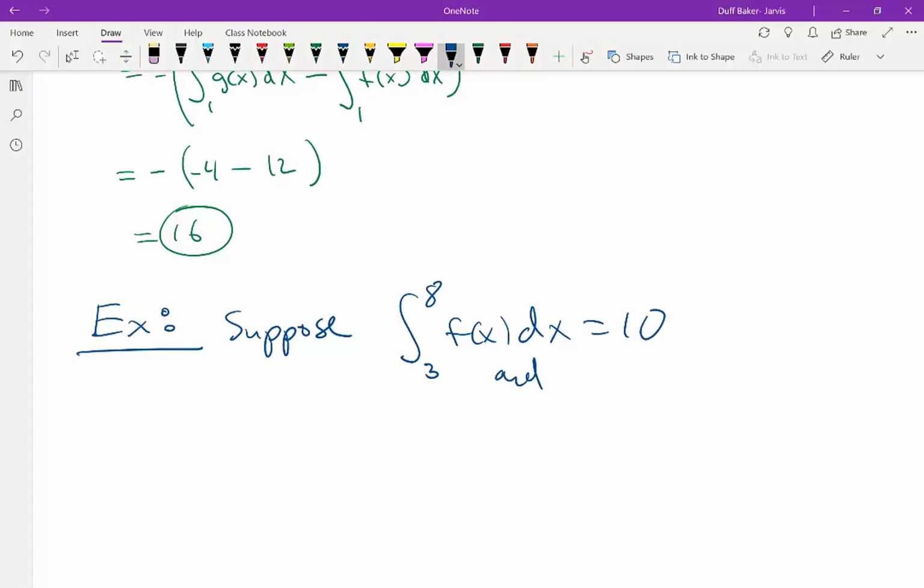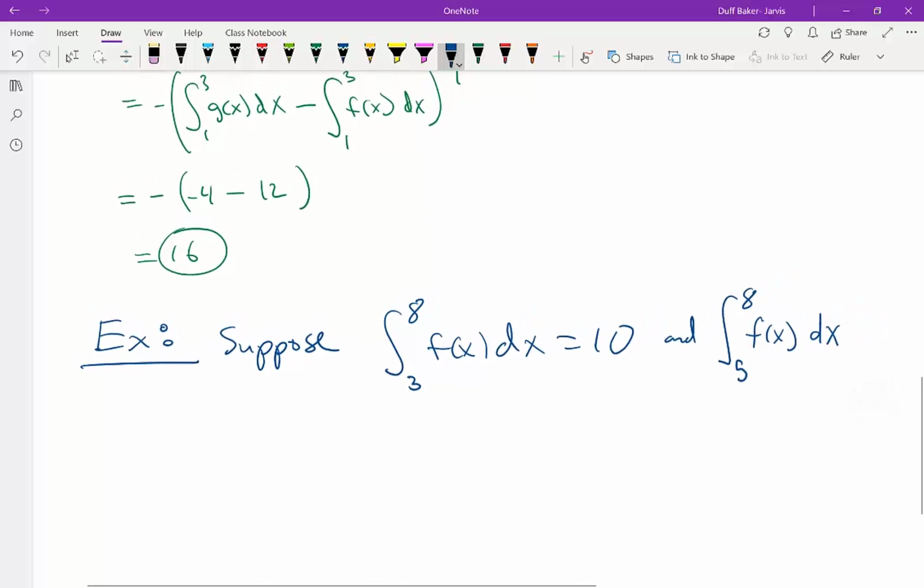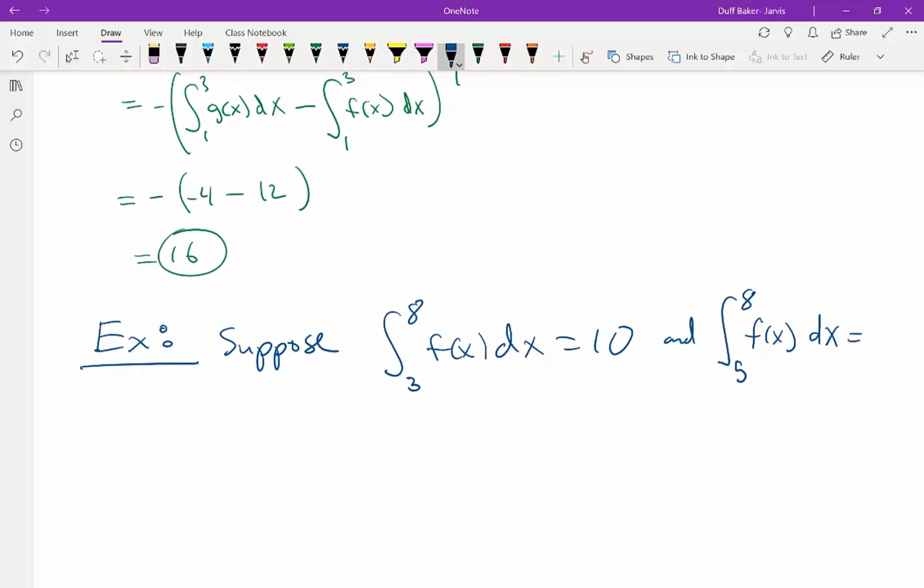And you also know the integral from 5 to 8 of the same function is equal to 9. So I know these two areas. Then the question is, what is